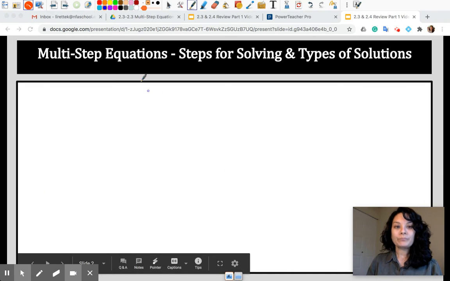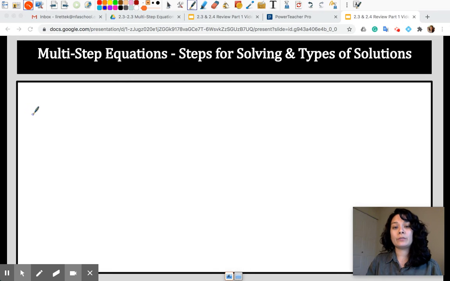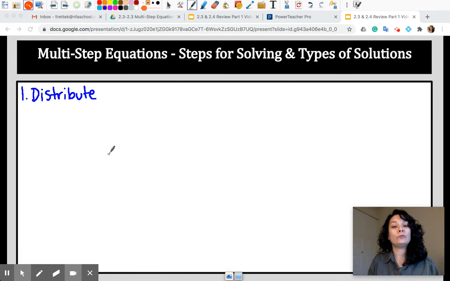So before we actually dive into solving some equations, I want to take a moment to review some general steps and also types of solutions that we could be potentially getting. I generally break down the steps for solving any multi-step equation into 4 easy steps. The first thing that you want to look for is, do we have any parentheses? And if we do, we want to distribute first. Okay, you might not need to distribute, but if you do see parentheses, you must take care of that step